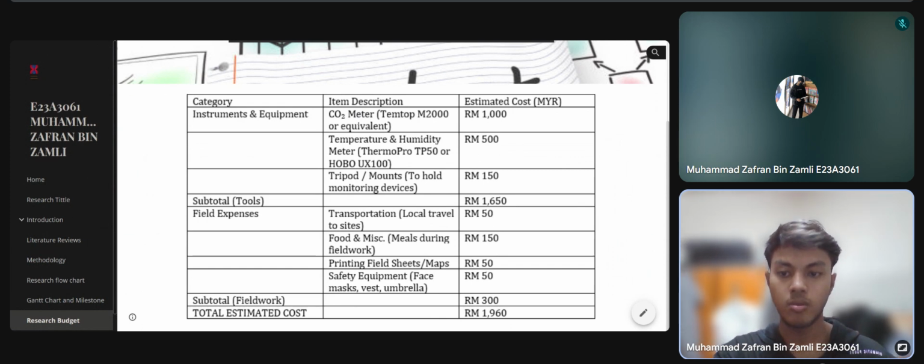For my instrument and equipment, the subtotal will be 1,650. For the field expenses, the first one is transportation, the second is food, the third is printing the field sheets, and the fourth is safety equipment. So the total estimated cost for my research is 1,960.